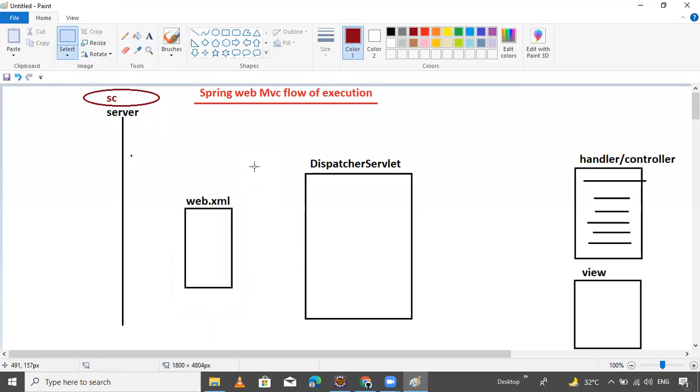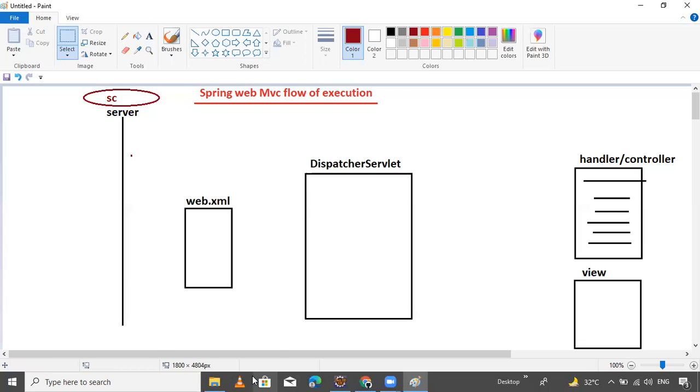Okay. Now, next thing after creating this and deploying the web application in the container: the container will perform some actions.